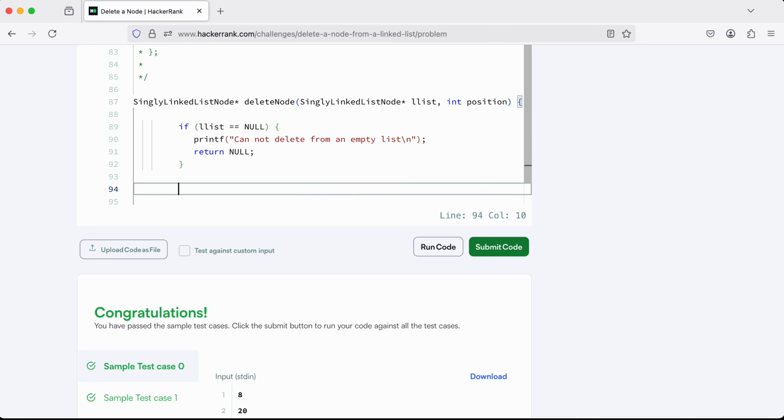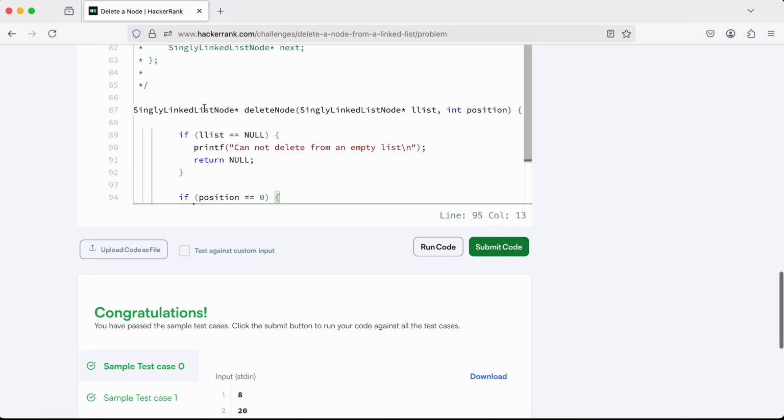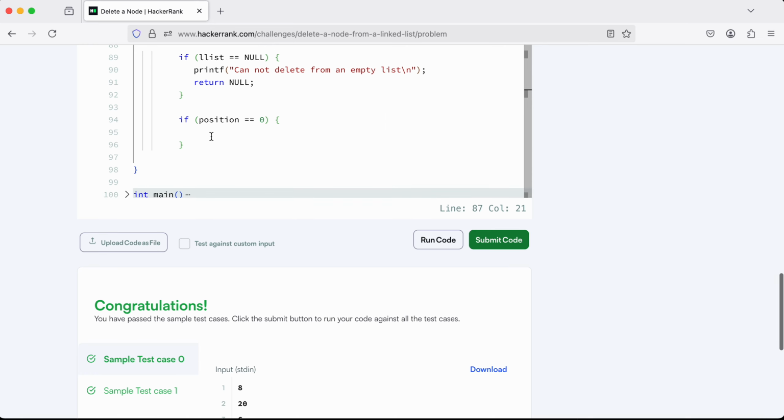Now the next corner case could be that if position is equal to 0, that means they want you to delete the head node itself. In that case, and we know the list is not null, you may have a list with just one node, or who knows how many nodes it has, but you don't care about all that. All you do is you say star new head equal to list next,